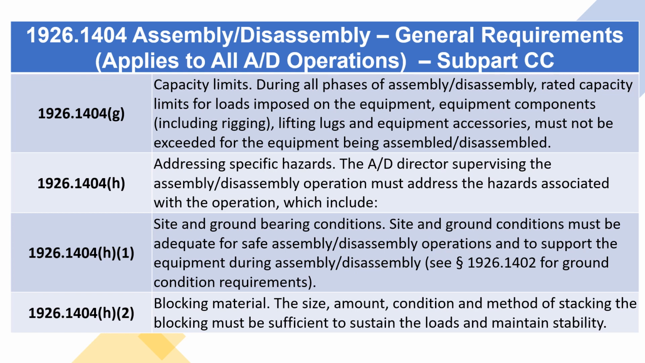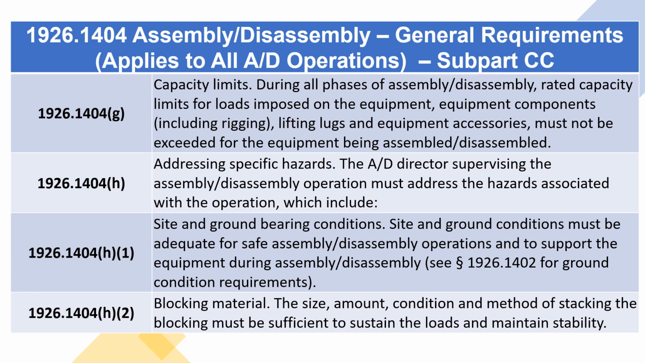1926.1404(g), Capacity limits. During all phases of assembly/disassembly, rated capacity limits for loads imposed on the equipment components, including rigging, lifting lugs and equipment accessories, must not be exceeded for the equipment being assembled/disassembled. 1926.1404(h), Addressing specific hazards. The A/D director supervising the assembly/disassembly operation must address the hazards associated with the operation, which include: